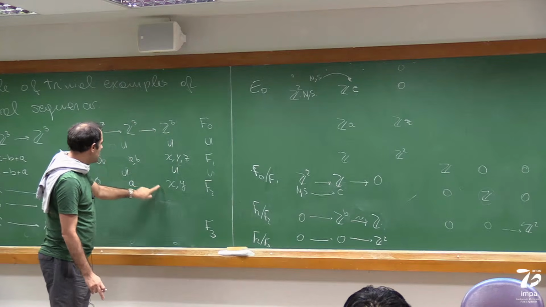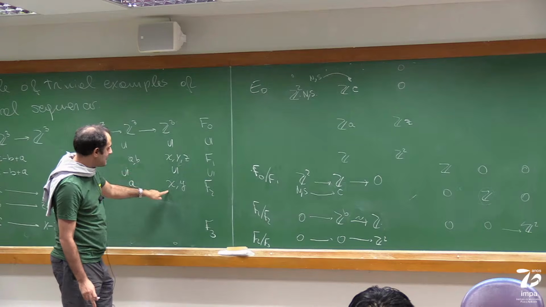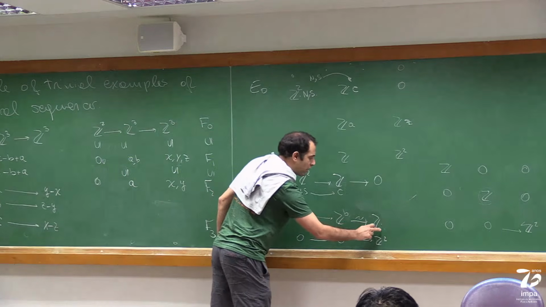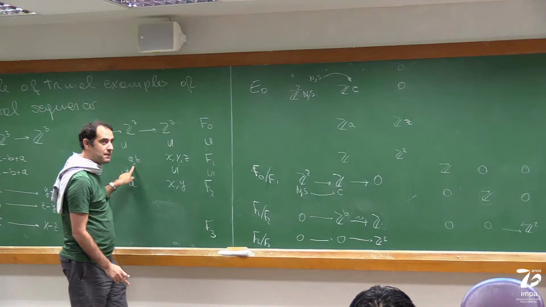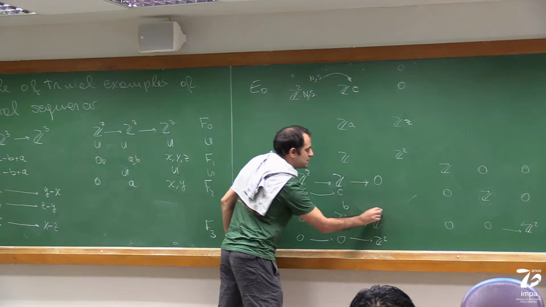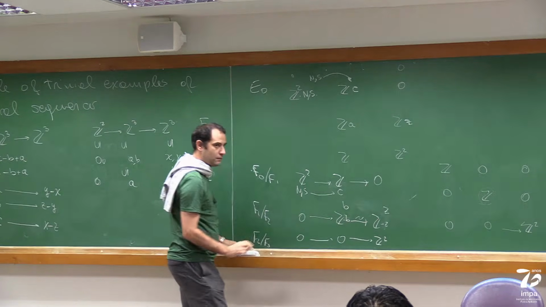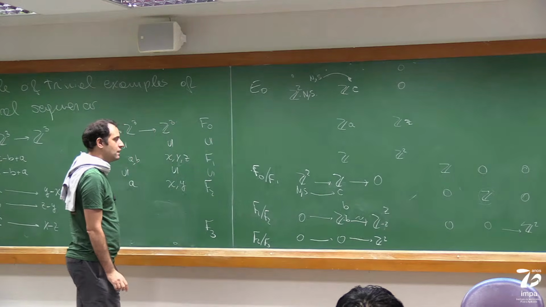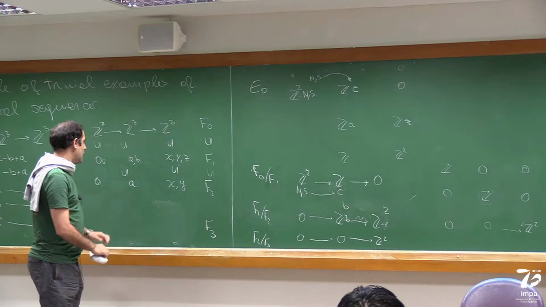f1 modulo f2 has z in this degree, z in this degree, and the differential is an isomorphism because the z that survives here is z, which is the image of b. So this differential sends b to z, which are the two generators here. It's an isomorphism. So now we killed that z that was bothering before. And now